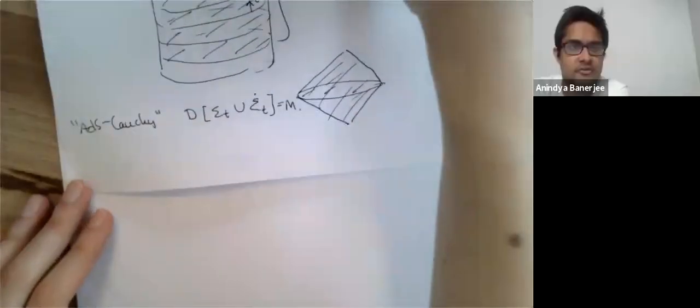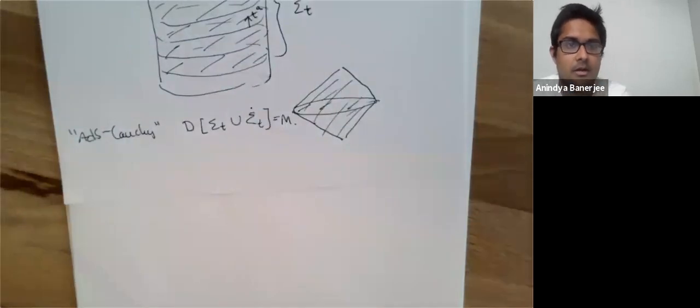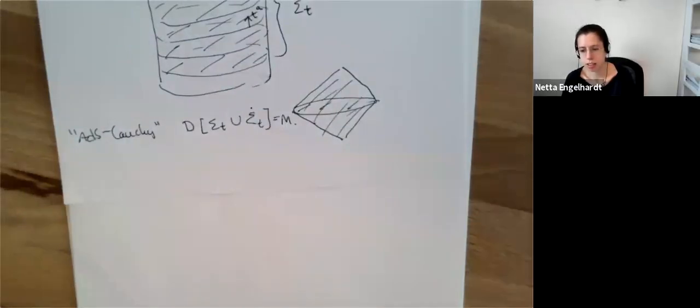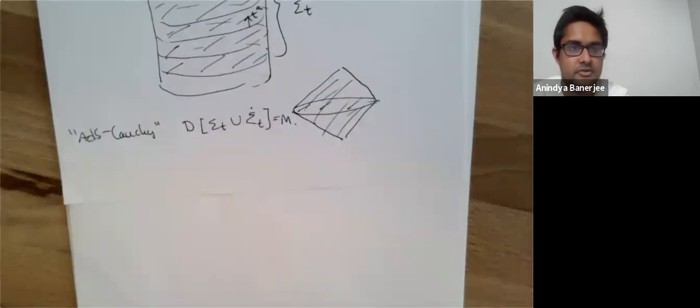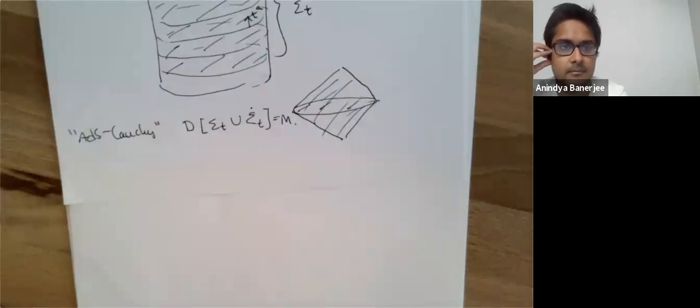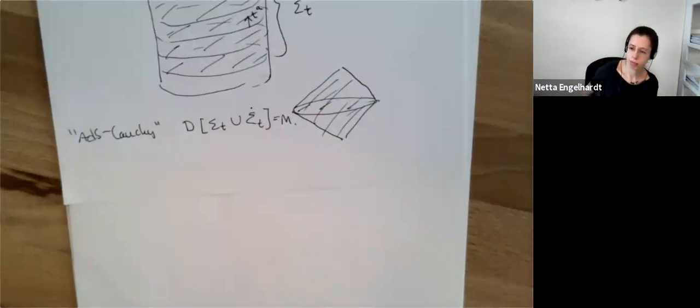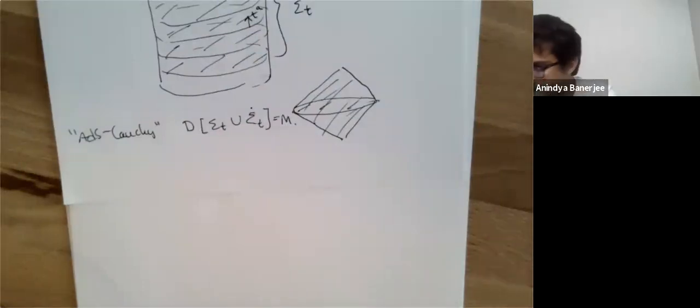Okay. Sorry, I have a question. You've written this Sigma_T union its boundary in the second term. Do you supply the boundary conditions in the boundary for all time or for just one particular time? You have to specify it for all time. Now, that can also mean specifying it at one time and then saying that your CFT evolves in a particular way. And then that's enough to specify. But then you're specifying a Hamiltonian for the CFT. Precisely, yes. Okay. Thank you. Other questions?